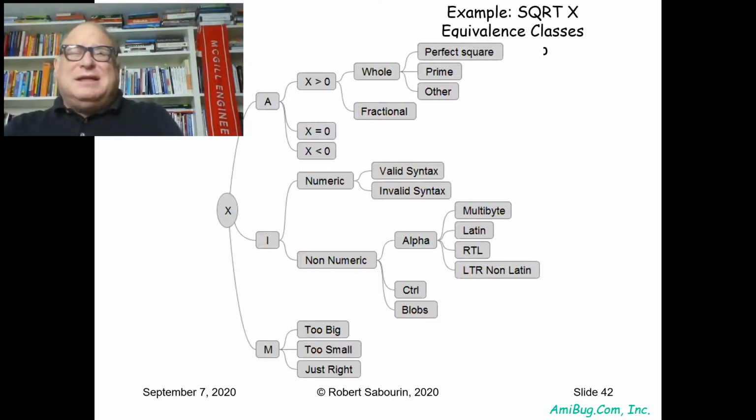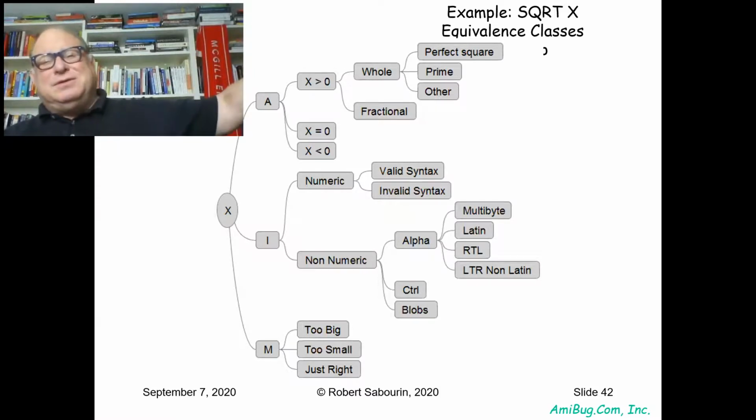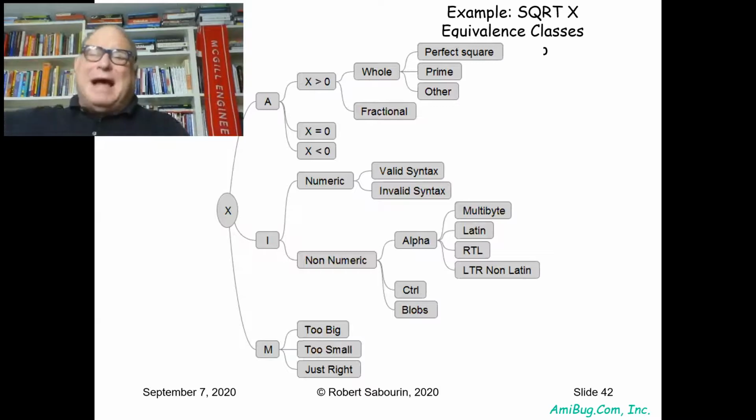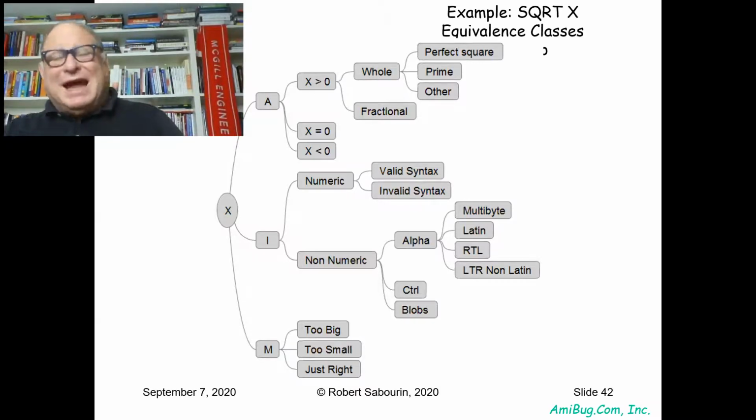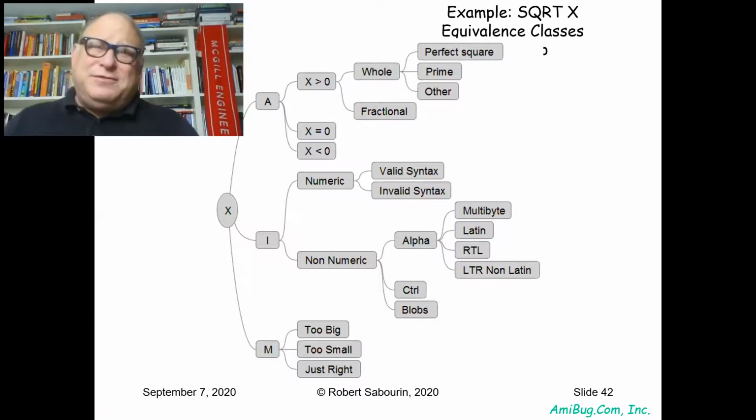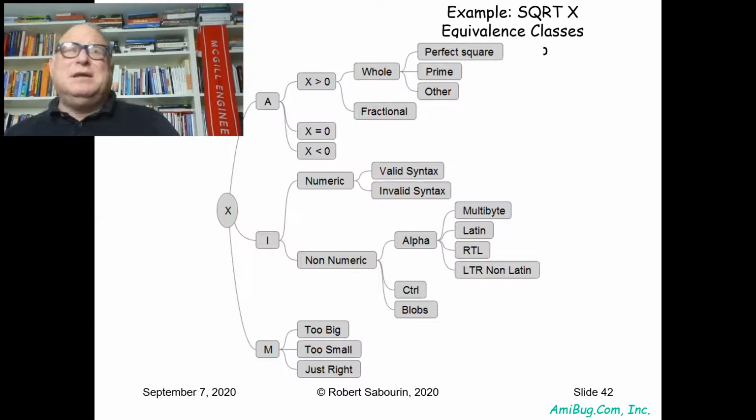And maybe that X is stored in a variable that is a floating point variable that uses 32 bits to store it. And there's a range of valid values. So it can go to some minimum value and some maximum value. And therefore, the classes that would be interesting to test around a variable that's stored in memory would be something that's too big to fit in the type, too small to fit in the type, or just right to fit